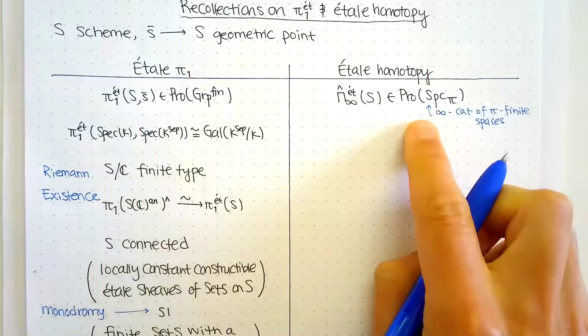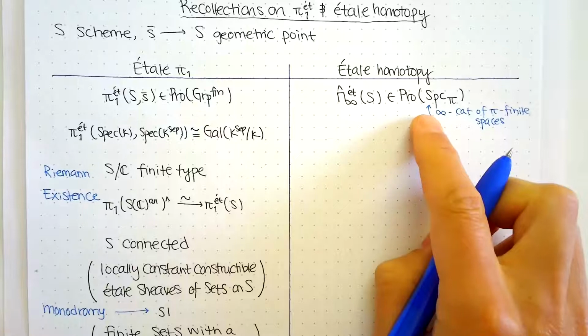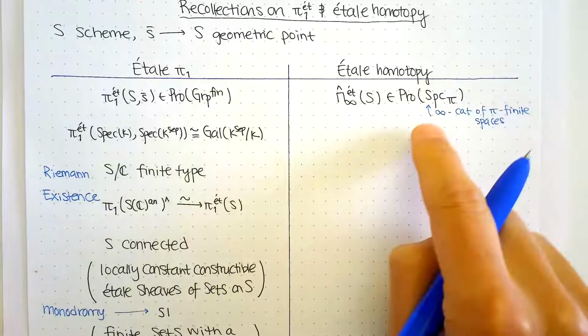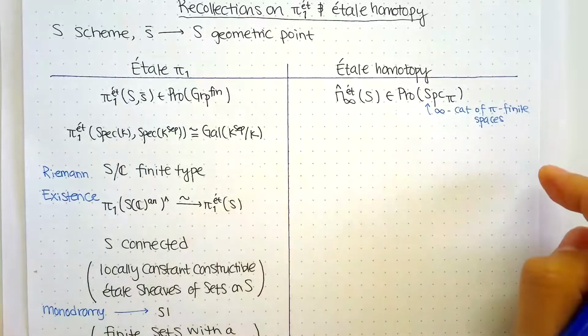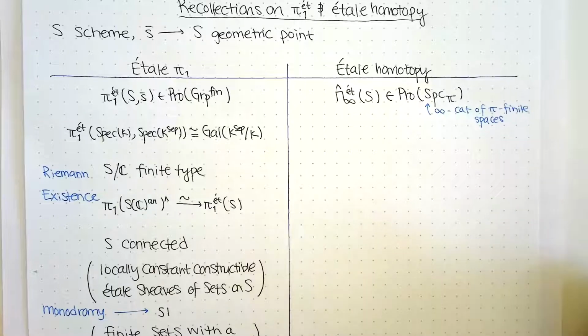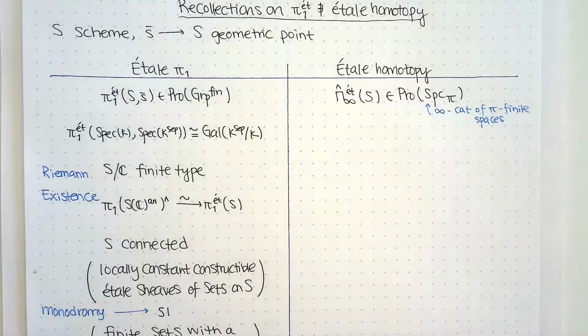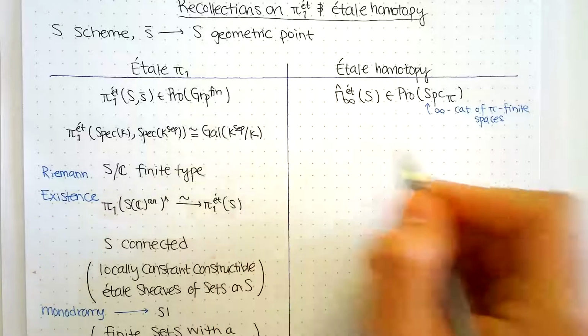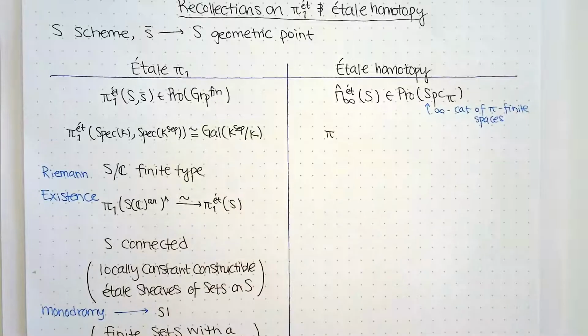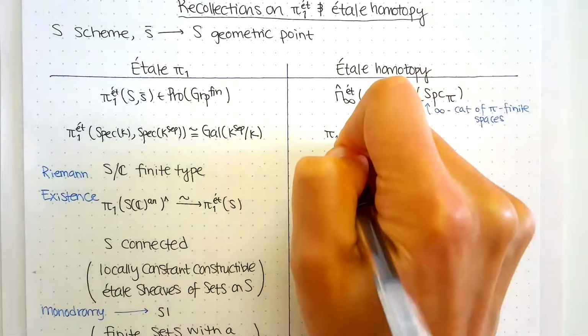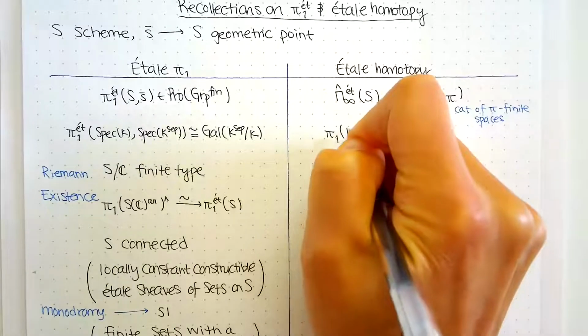So these are one higher categorical, or higher homotopical, analog of finite sets. They're spaces that are truncated and all of their homotopy sets are finite. So they have finitely many connected components, and all of the homotopy groups at every point are finite. And they eventually vanish above some degree. And maybe to say an analog of this fact, if you have such a finite space, then you can take its homotopy groups,